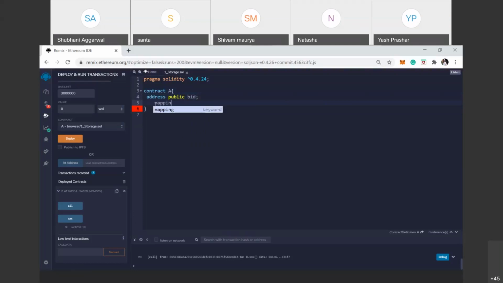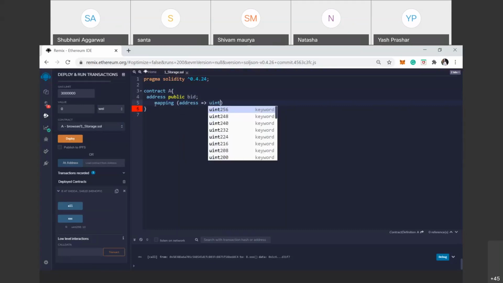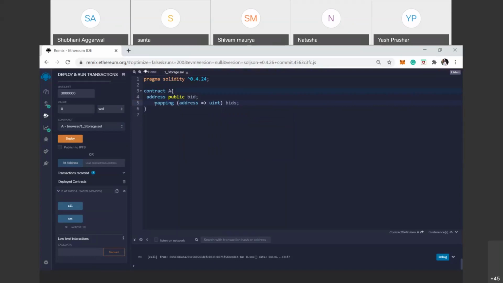Mapping is a keyword, and within brackets we write address, then the equals sign and greater than sign, into uint, and the variable name bids.